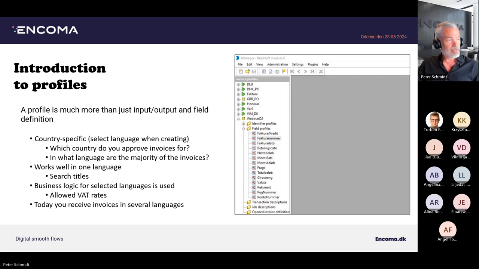And there are some rules of thumb that we are using. First of all, who is going to receive, which legal entity will receive invoices from that particular profile? If you are verifying for a Danish company, I would suggest you use, of course, the Danish language. First of all, the fields will be Danish to start with, but also we do have a lot of business